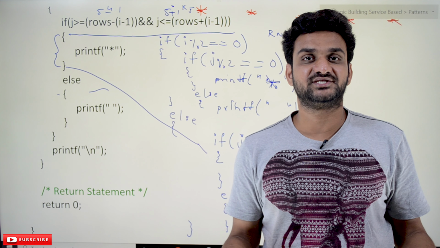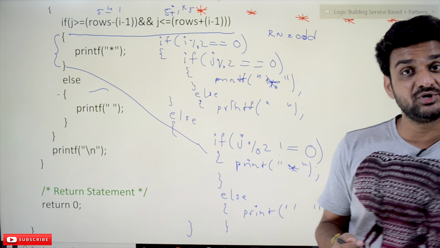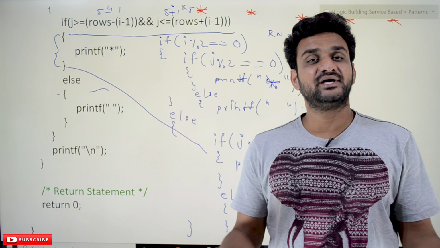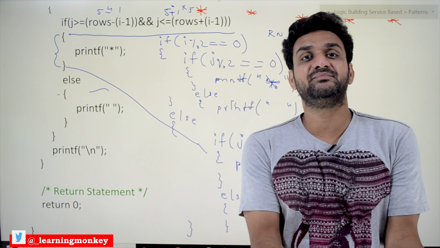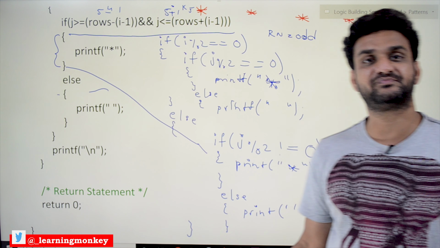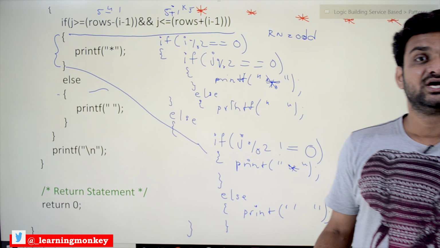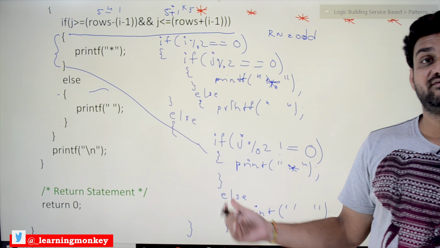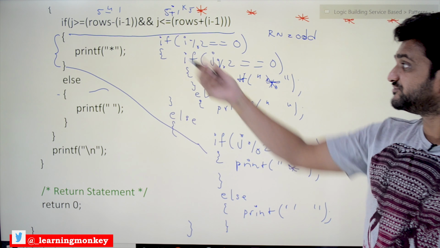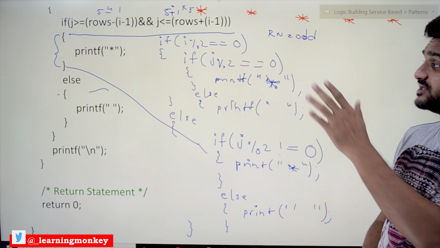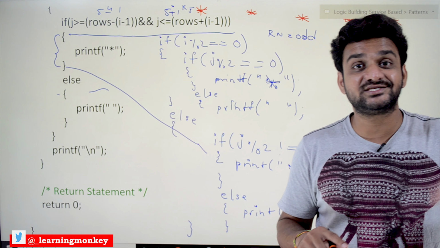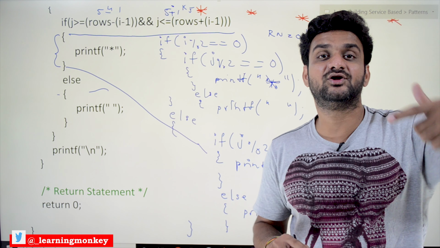Implementation is very easy once you are able to understand the logic, analyze the logic behind the program. The implementation depends upon the programming language that you know. If you are familiar with Python, you can implement it in Python. If you are familiar with Java, you can implement it with Java. As we are doing with C programming, we have implemented this code in C. So we are trying to make you understand how to analyze the logic.